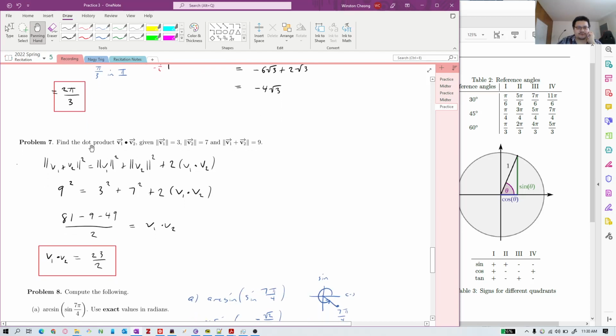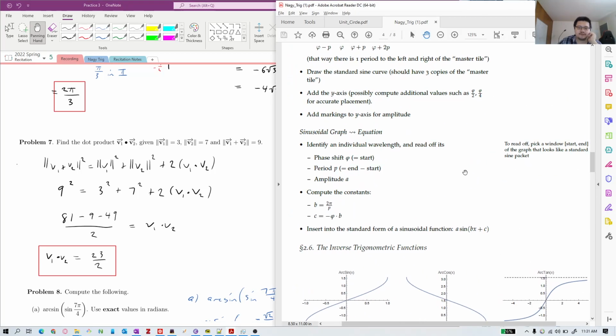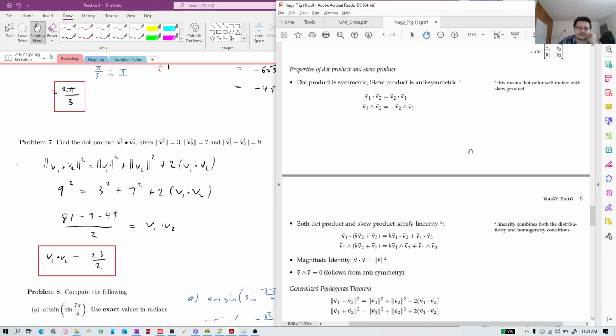Number 7, the dot product. We want to find the dot product of two vectors. We're given the magnitudes of the two vectors and also the magnitude of their sum. So when we see these kinds of givens, the thing you're supposed to think of is the generalized Pythagorean formulas, which I've added to my notes